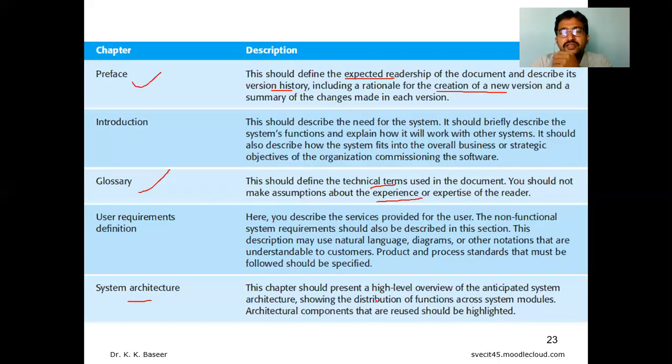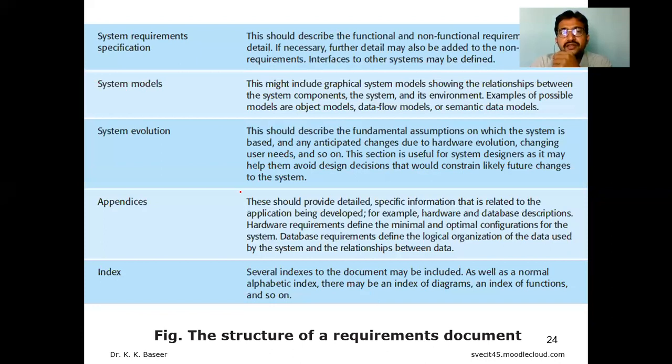Including this, we can also add the system requirement specification and the models. If you want, you can add the models. In this specification, you can talk about both the functional as well as non-functional requirements. In the system models, you can add graphical system models like the component diagram or object models, and data flow models like DFD diagrams or ER diagrams, entity relationship diagrams. Data flow diagrams and ER diagrams will be learned in DBMS, but in this course, we'll work in the lab on object diagrams and also component diagrams.